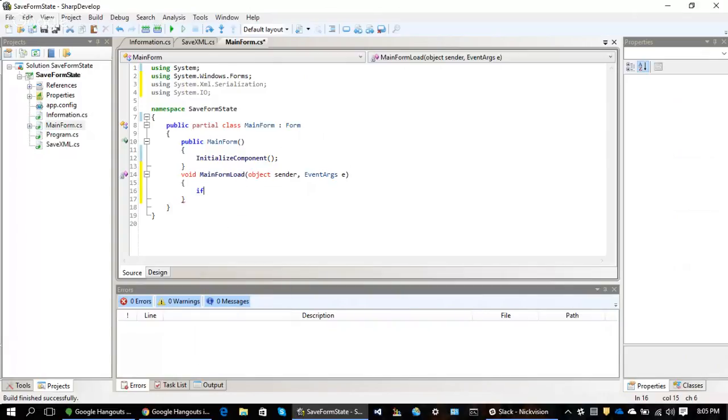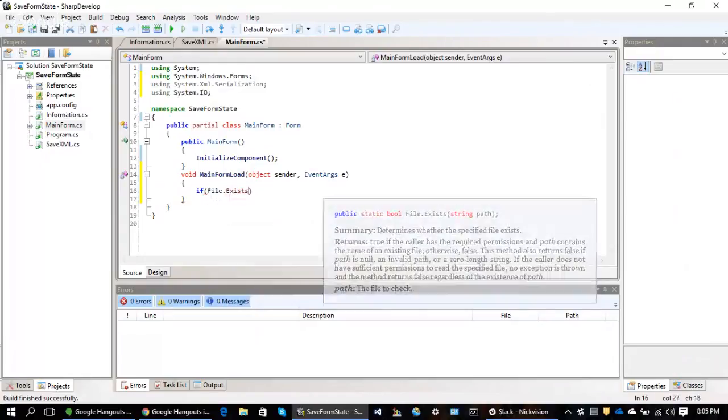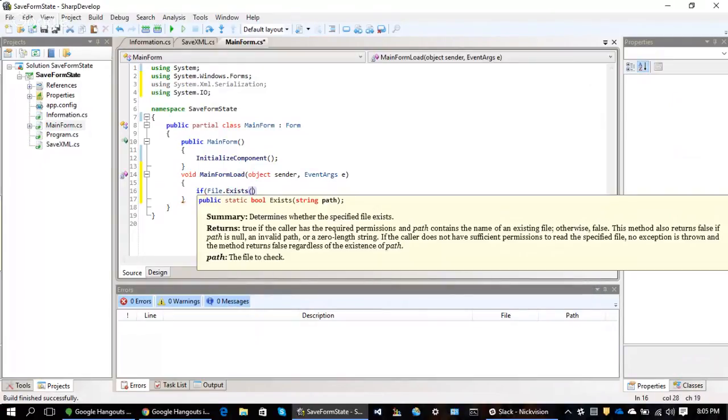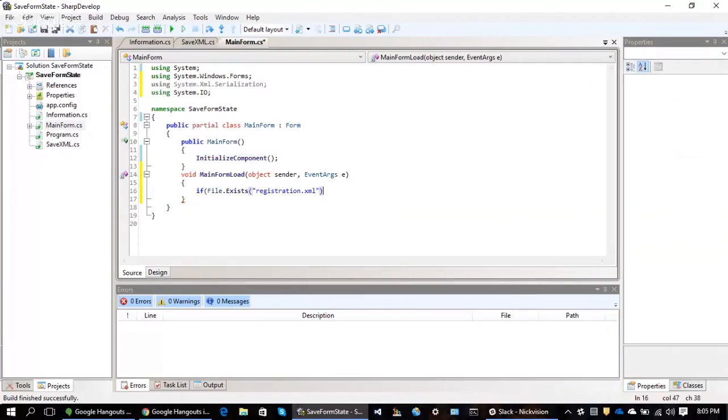Now, inside of our void, we're going to create an if statement. Inside this if statement, we're going to say if this file exists, and our file name is going to be called registration.xml. If this file exists,